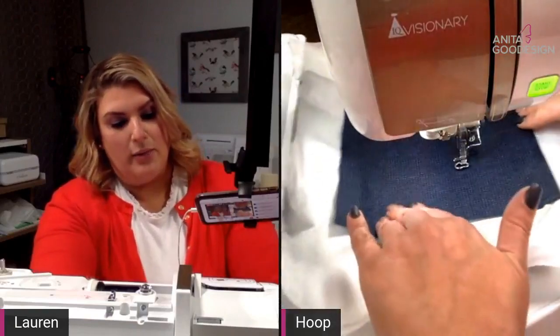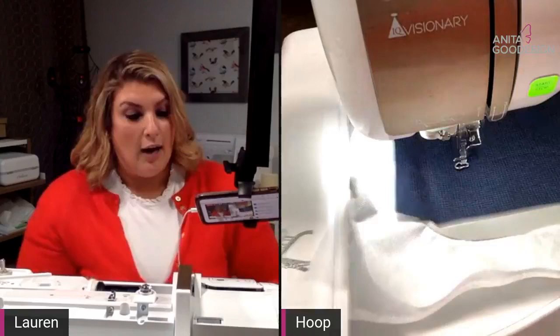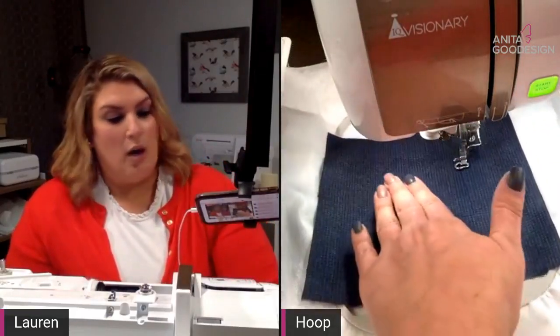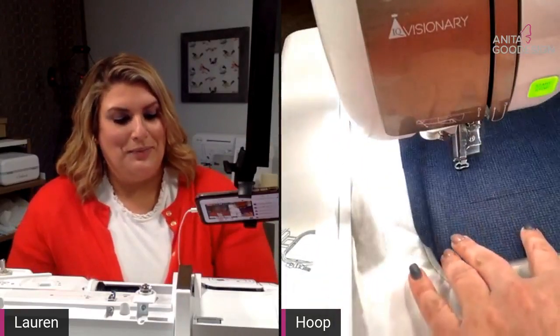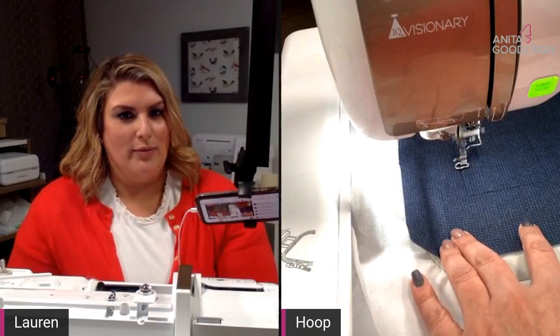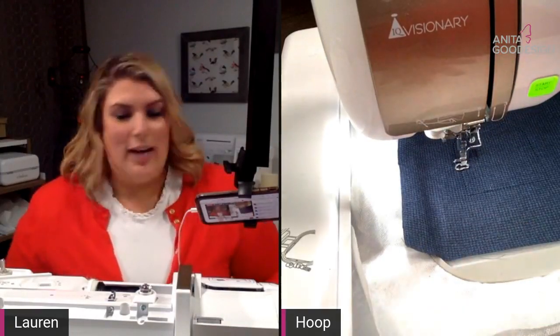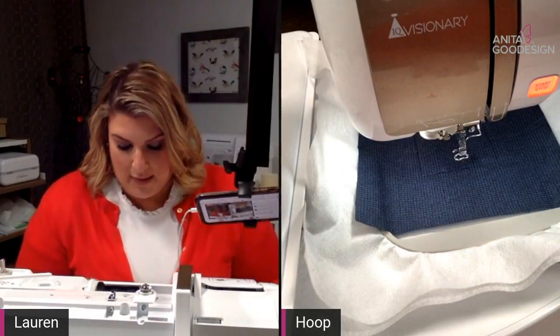As always, please watch your fingers, but you do want your fabric nice and taut, nice and flat, okay? You can always use tape, which is always best practice. Don't look at me. But we tend to stitch when nobody else is watching us, so we kind of live life on the edge here. Okay, so my next step,